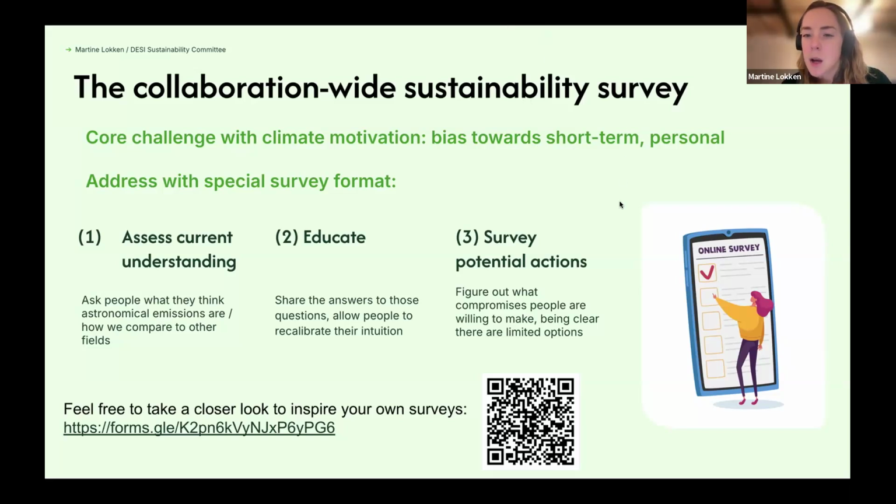I saw a couple of questions in the chat. So one of them is how many people and meetings per year are we talking about? So the year that we assessed, 2023, we typically have 2 collaboration meetings per year. One of them was in Hawaii, which was very out of the way for pretty much all of our membership. The other one that year was in Durham in the UK, and around 150 to 200 people attend each meeting. So that was the range.